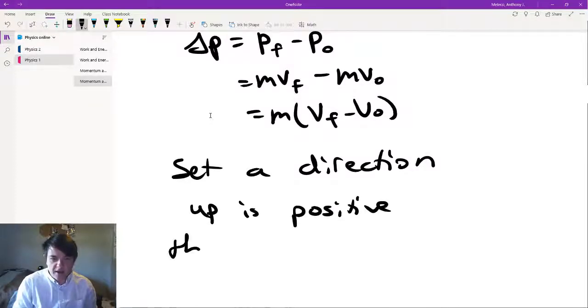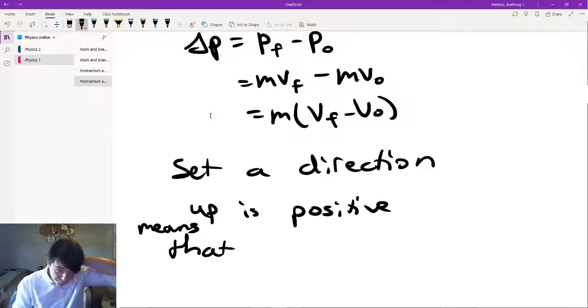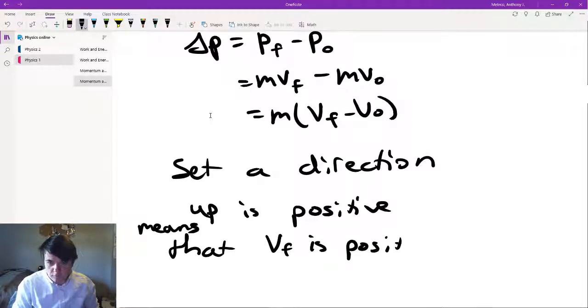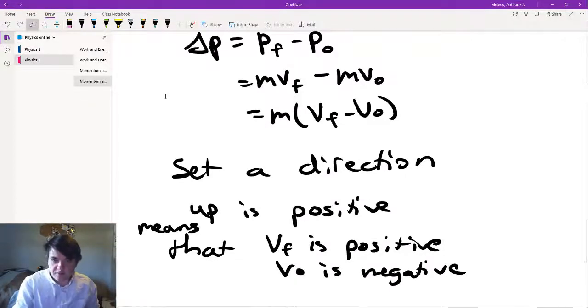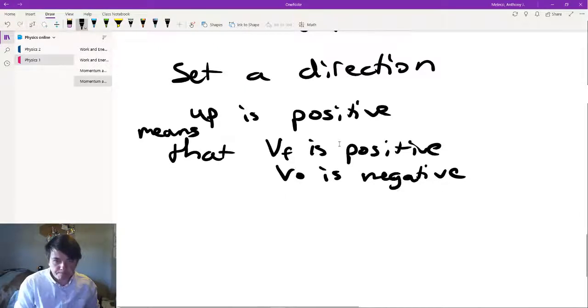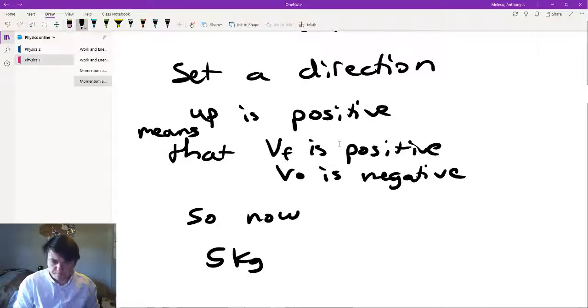This means that V final is positive, V initial is negative. So when we plug these numbers in, we have 5 kilograms